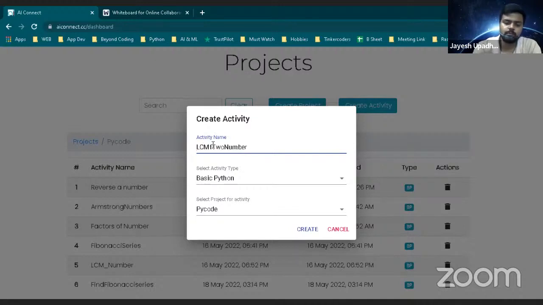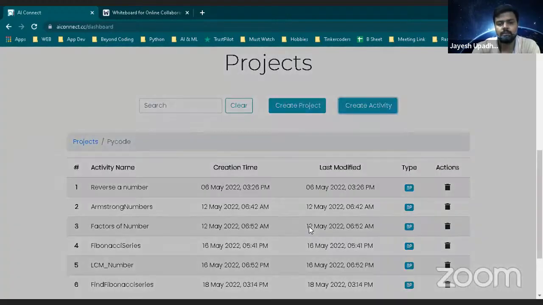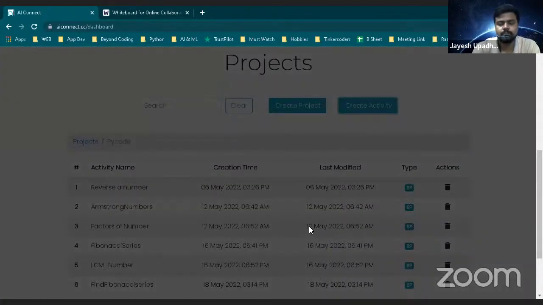LCM of two numbers. And let's just click on the create button like this. Simple.